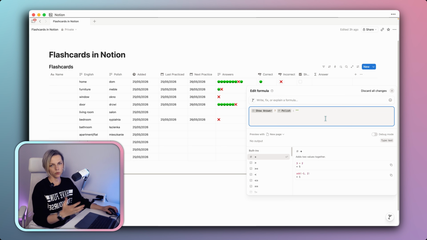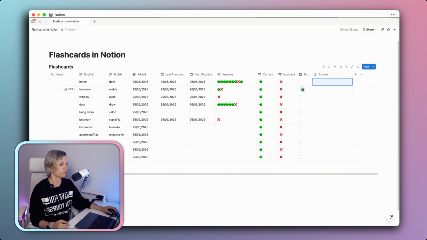nothing. If it was hard for you to repeat what I just did, then just use the document that I have attached to this class in order to copy-paste this formula. And let's check how it works. So if I tick the Show Answer checkbox, then I see the Polish version of my word. And now we actually have everything to set up our gallery or cards view for reviewing the words that we